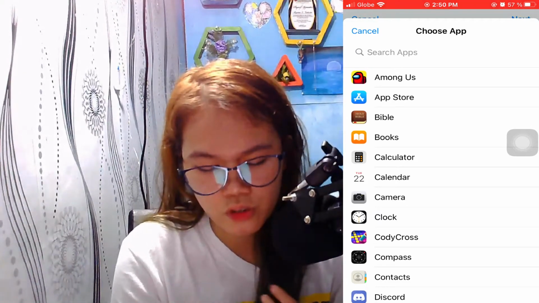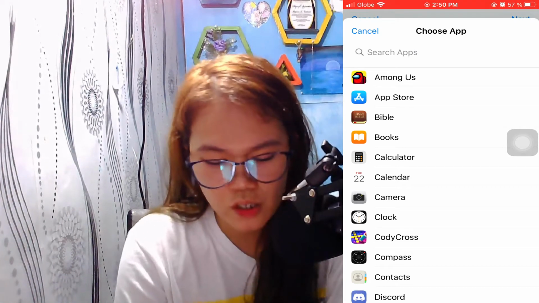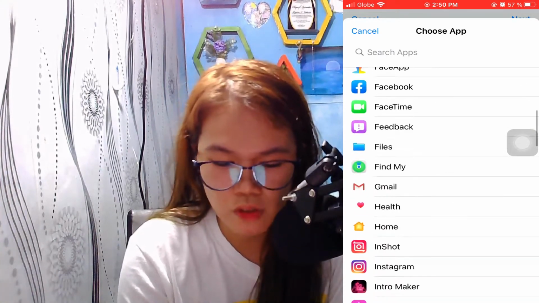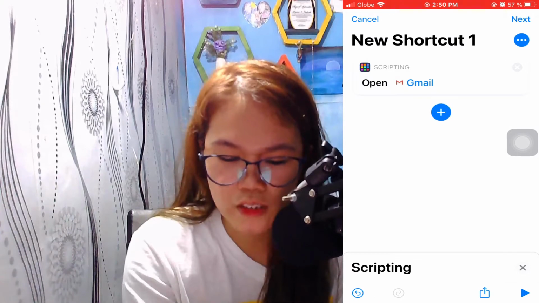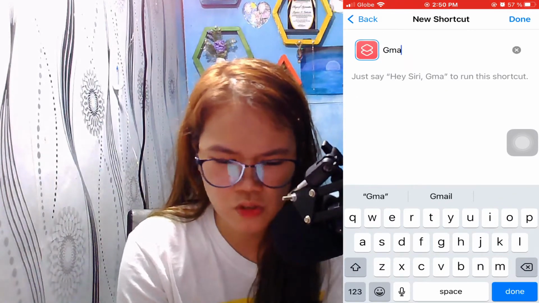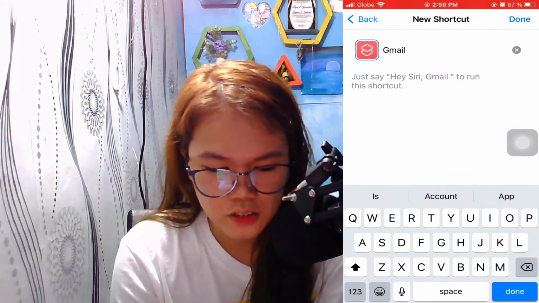I have the camera, Discord, Facebook, and the Gmail, because I'm using that also. Click next, and then shortcut name, Gmail. Then click done, and then click again